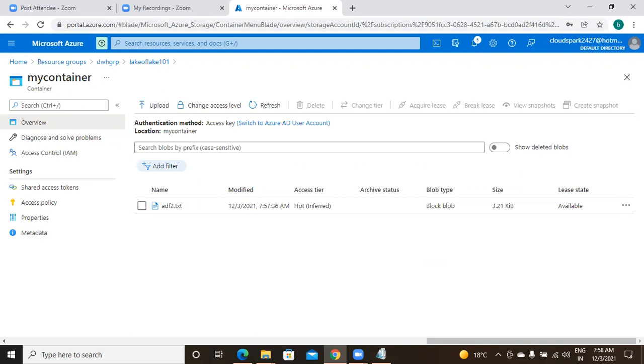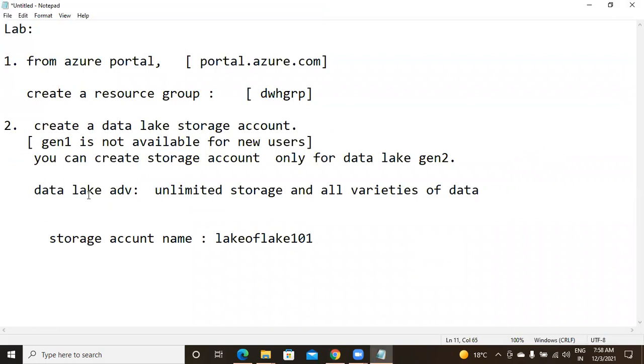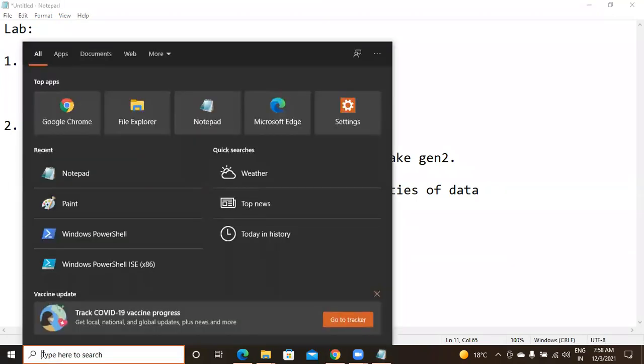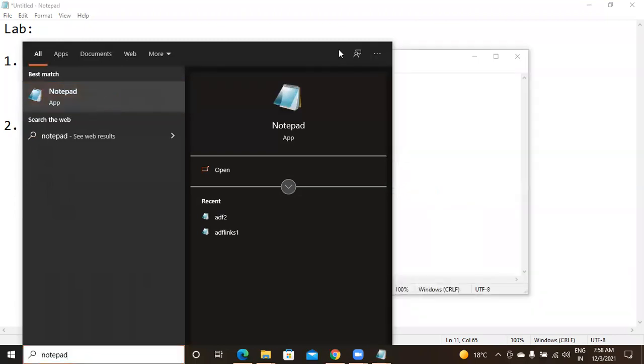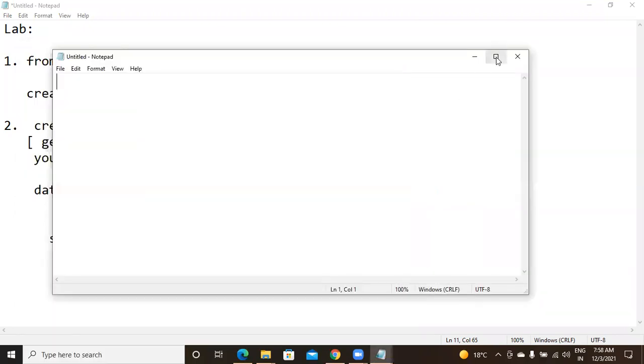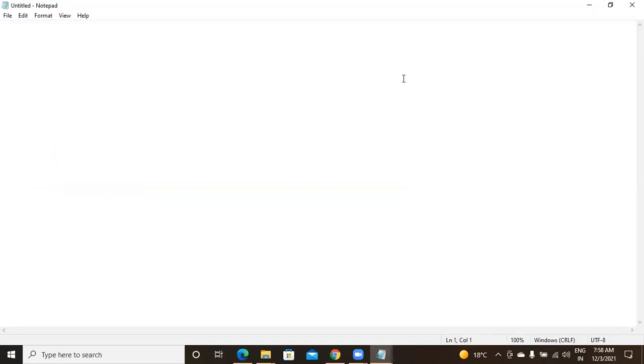So for now, I'm going to create one structured file. In this structured file, I'm giving the first line as a header: ID, name, salary, gender, and department number.